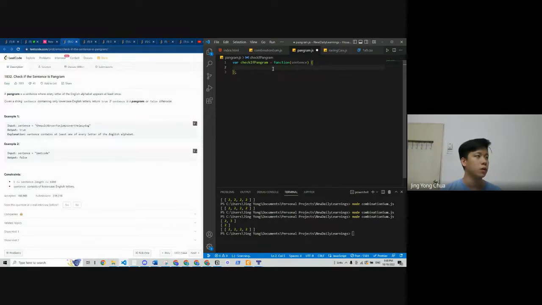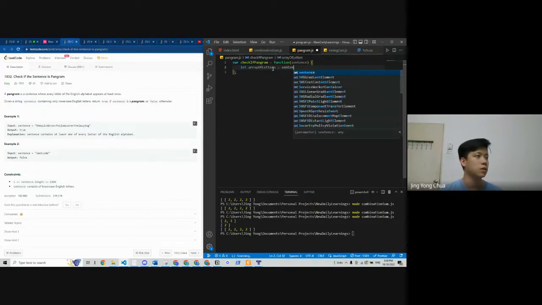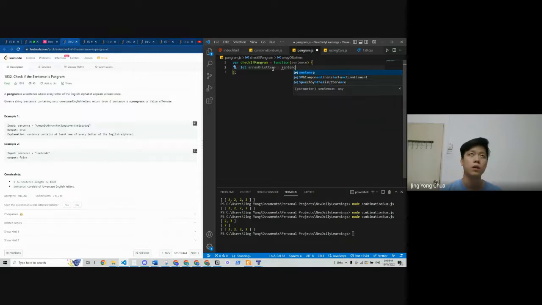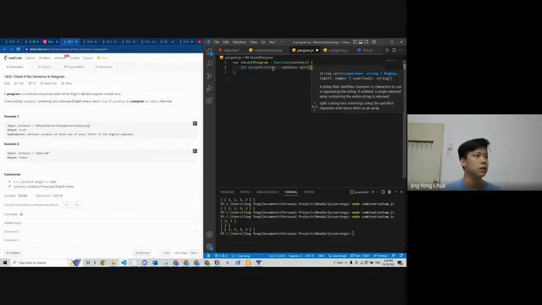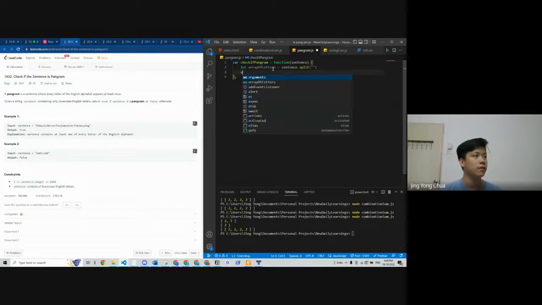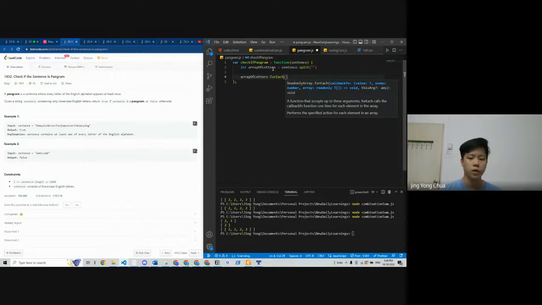So what we can do is, okay, then what we do is sentence split. This will get us the array of everything, and then after that we want to do an array of letters for each of the elements.